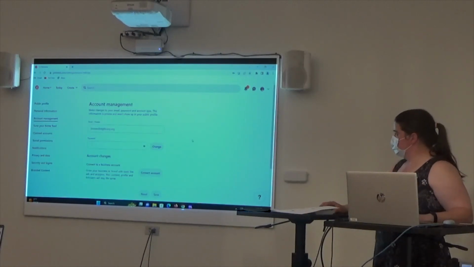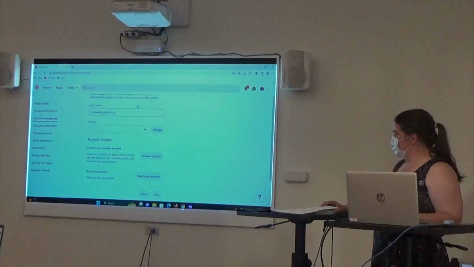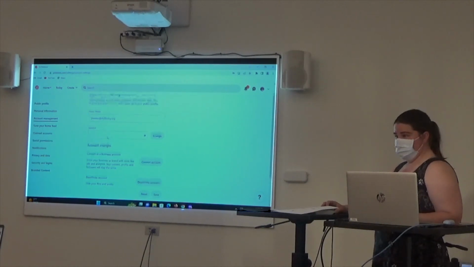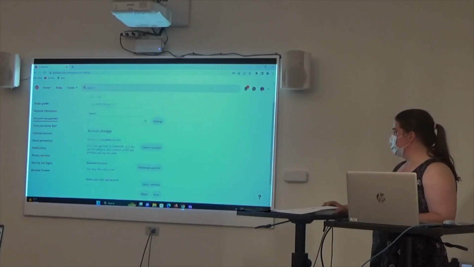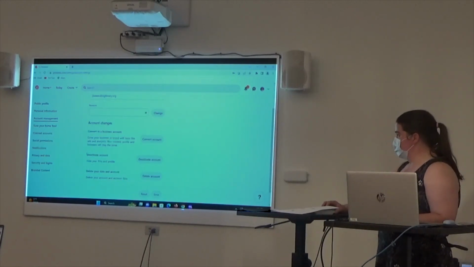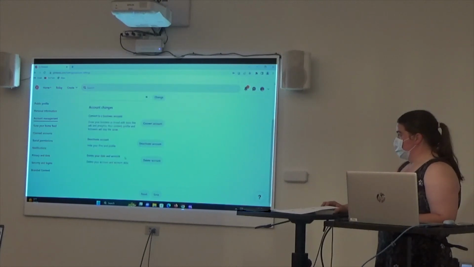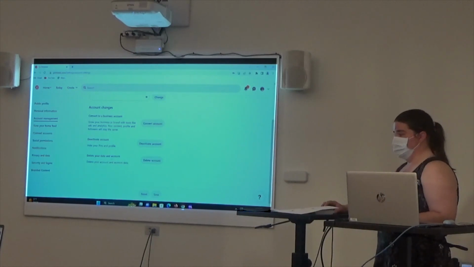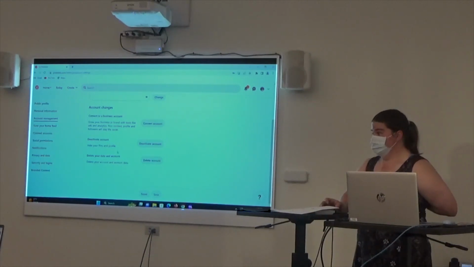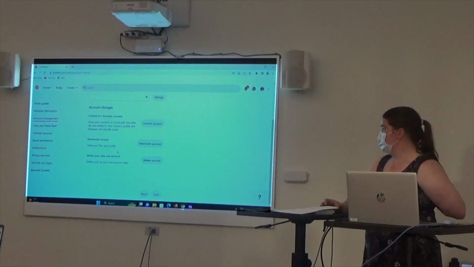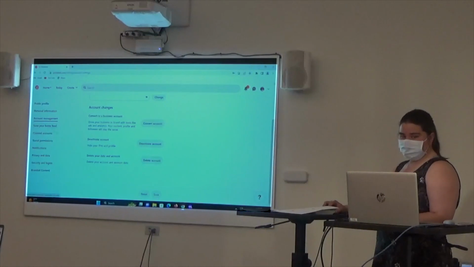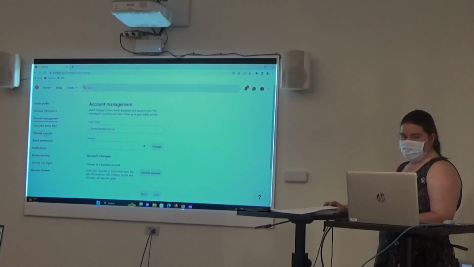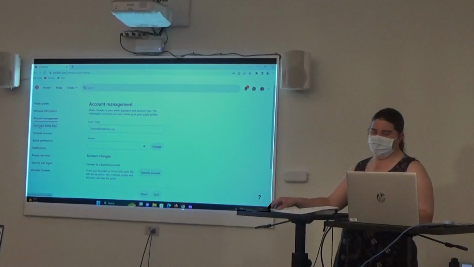account management. It's got your email. If you wanted to change your password, this is where you'll go to change your password. If you want to convert it to a business account, want to deactivate your account, or delete your data and account, you're going to want to go to the account management. Just click around here. So this is where you want to go with the business